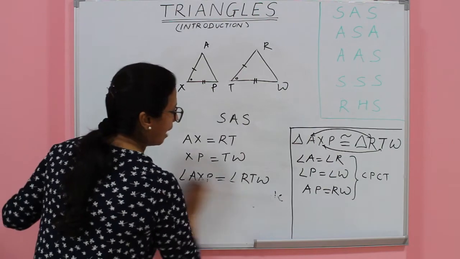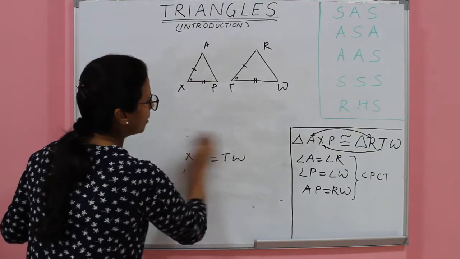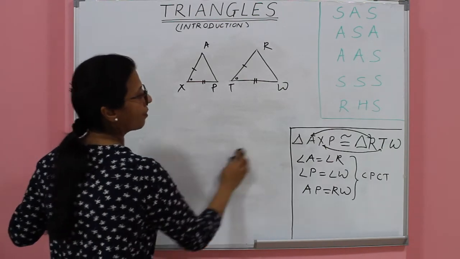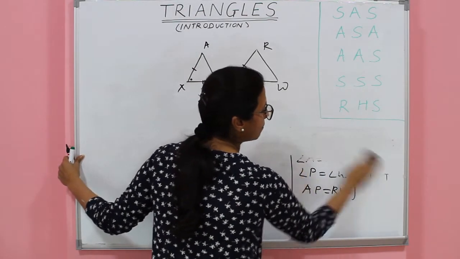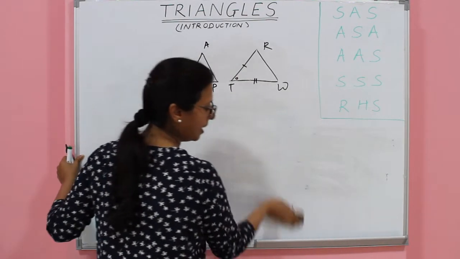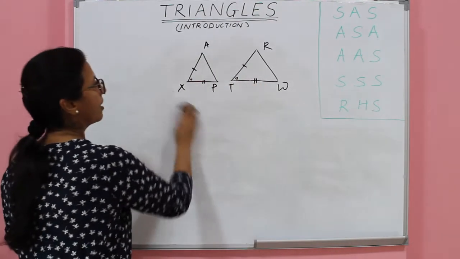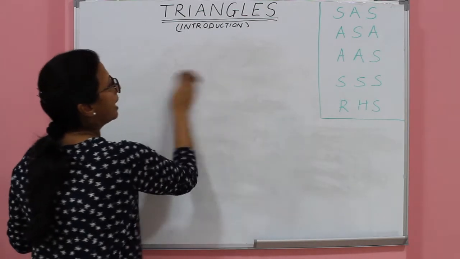So I am elaborating the first part, the rest we will just do in a short way. So what we did is, two sides and the included angle, when they are congruent, we say that the two triangles are congruent. So the remaining three parts we will write as CPCT, corresponding parts of congruent triangles. Now what is the second rule? Second rule is